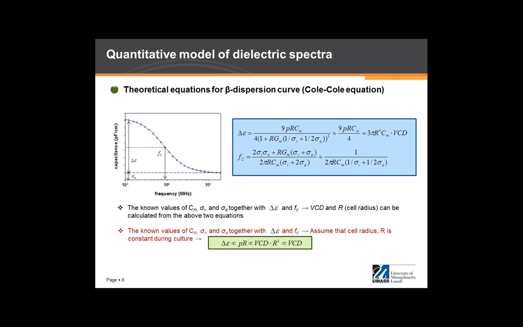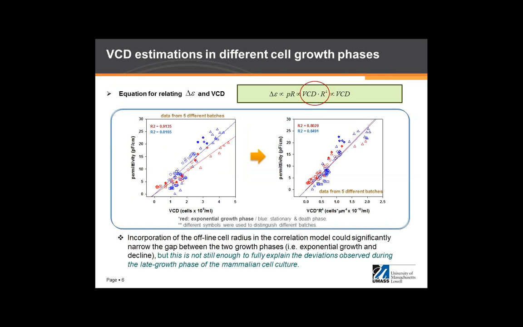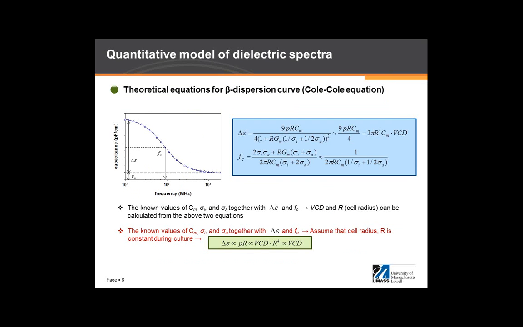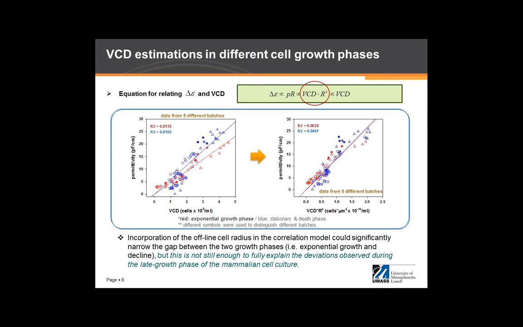However, there is quite a significant amount of deviation during the declining phase and after the plateau period. So first of all, we were wondering why this is happening. We first checked the radius. Based on the value measured by this technology, we monitored the radius calculation based on this equation and the capacitance measurement. And we found one thing very interesting.